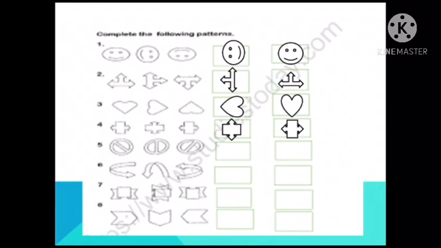Next one is a symbol turning to your right, and it follows a quarter turn. So here it is in a slight lean to your left, and then comes to straight, and then slightly to your right, then it will be half, then slightly to your left. So it is turning in a clockwise direction, and it's turning in a quarter turn.